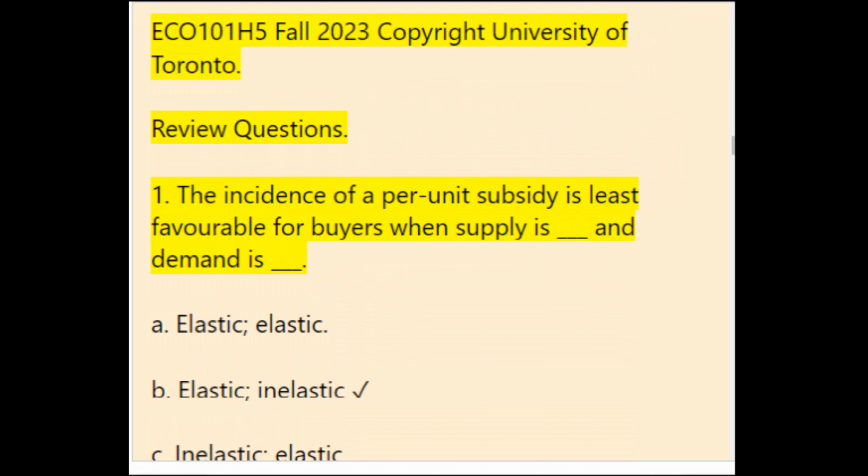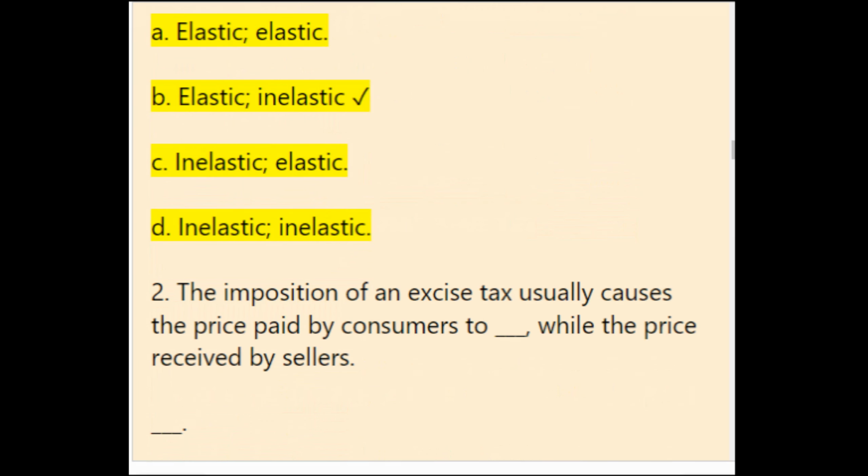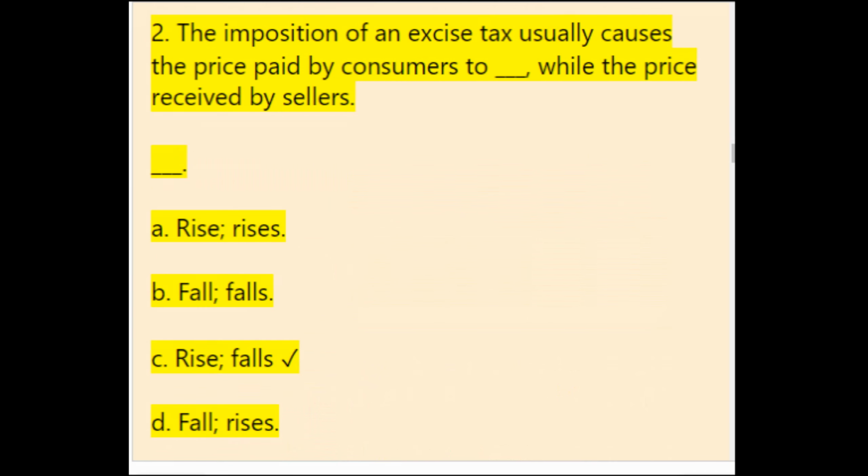Review questions. 1. The incidence of a per unit subsidy is least favorable for buyers when supply is ____ and demand is ____. A. Elastic, elastic. B. Elastic, inelastic. C. Inelastic, elastic. D. Inelastic, inelastic. 2. The imposition of an excise tax usually causes the price paid by consumers to ____, while the price received by sellers